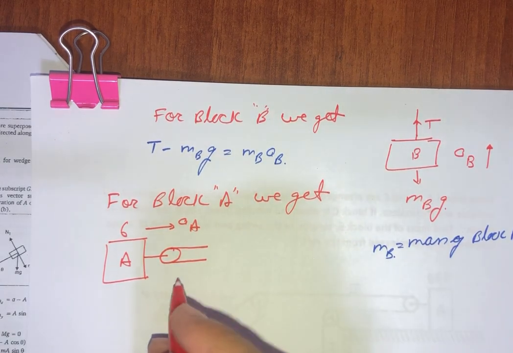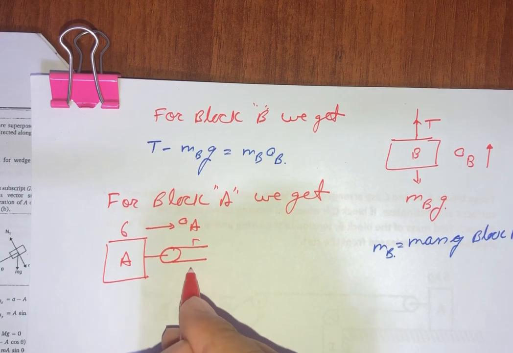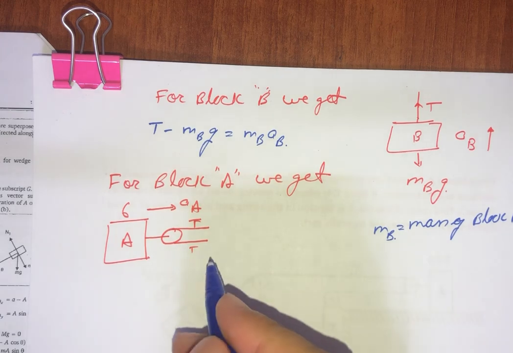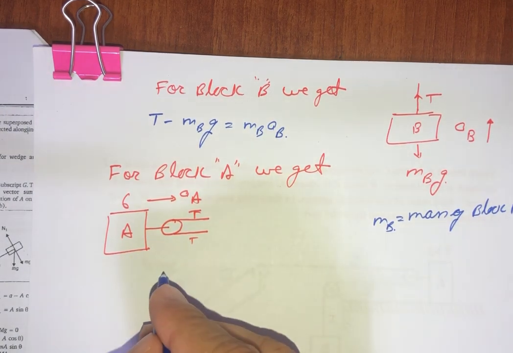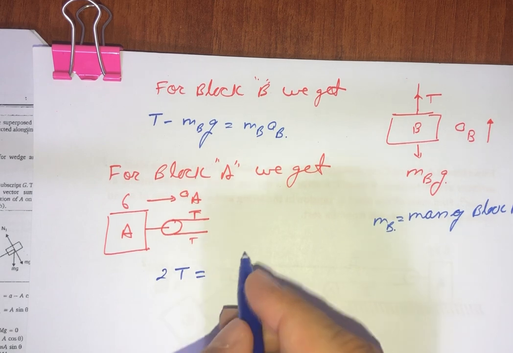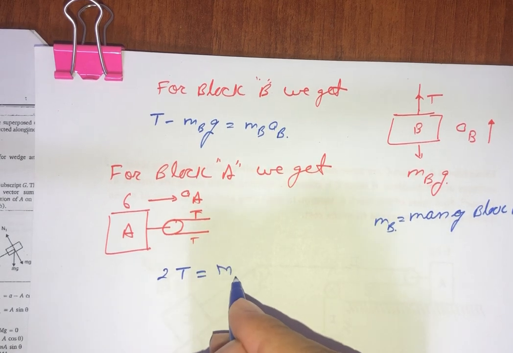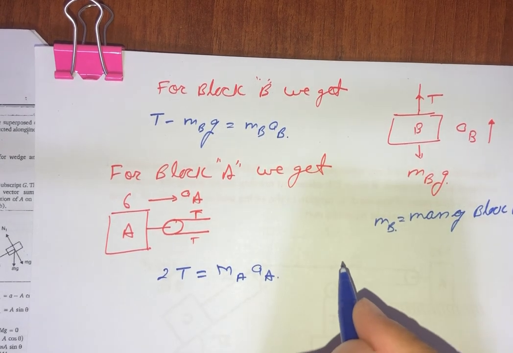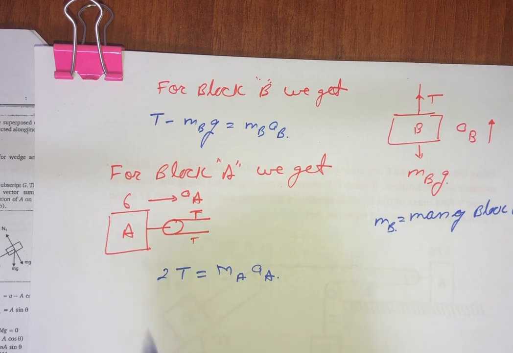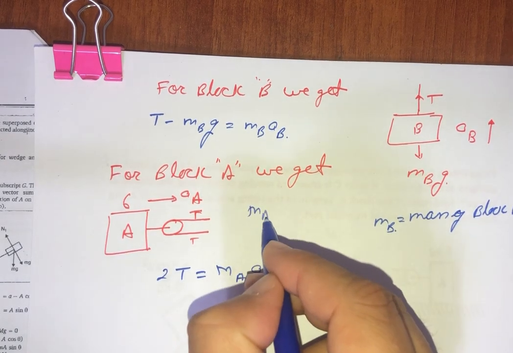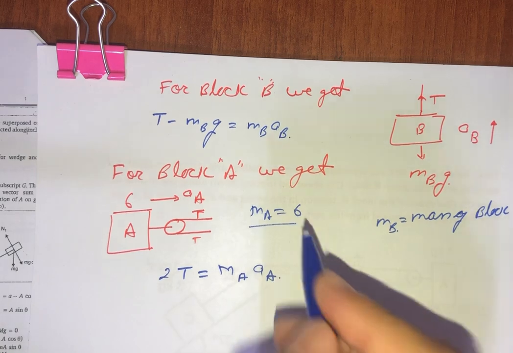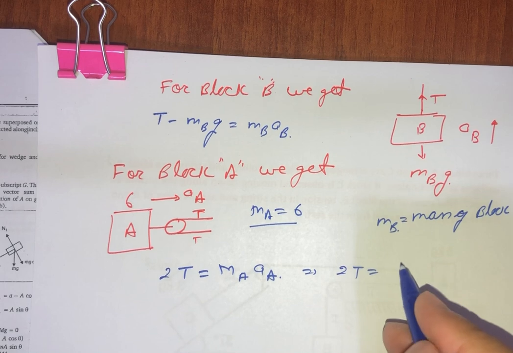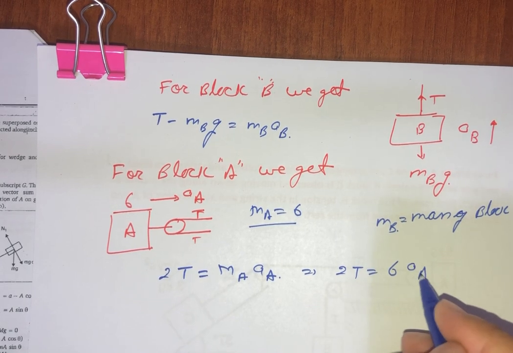So if T is the tension in the strings, from the equation we can write that 2T will be equal to mass of A into acceleration of A, and mass of A is given as 6. So from here we can say that 2T is equal to 6 aA,